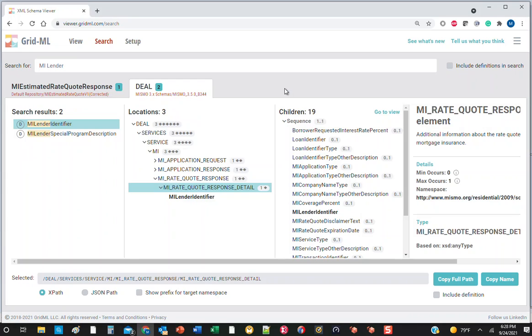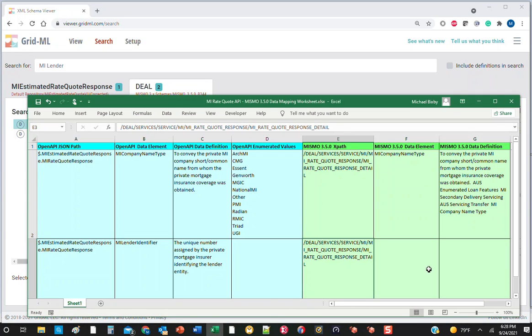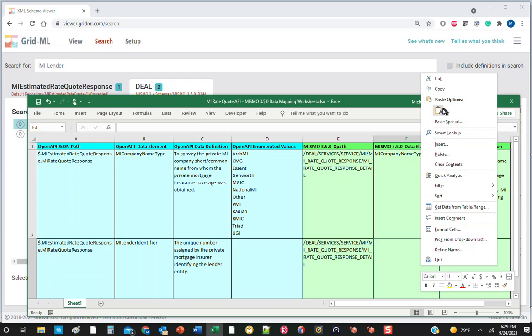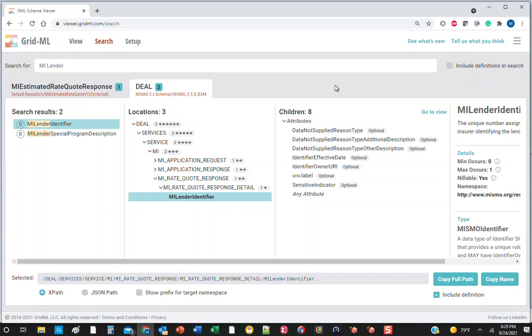Let's go back and get the element and its definition. This time I want the definition. Say copy the name, and there it is. So those are really simple examples of how you could use GridML to paste data